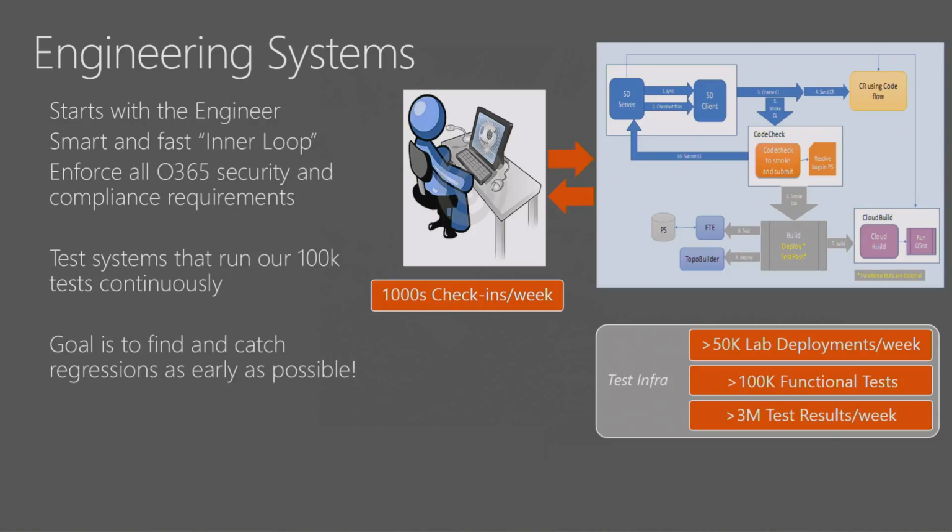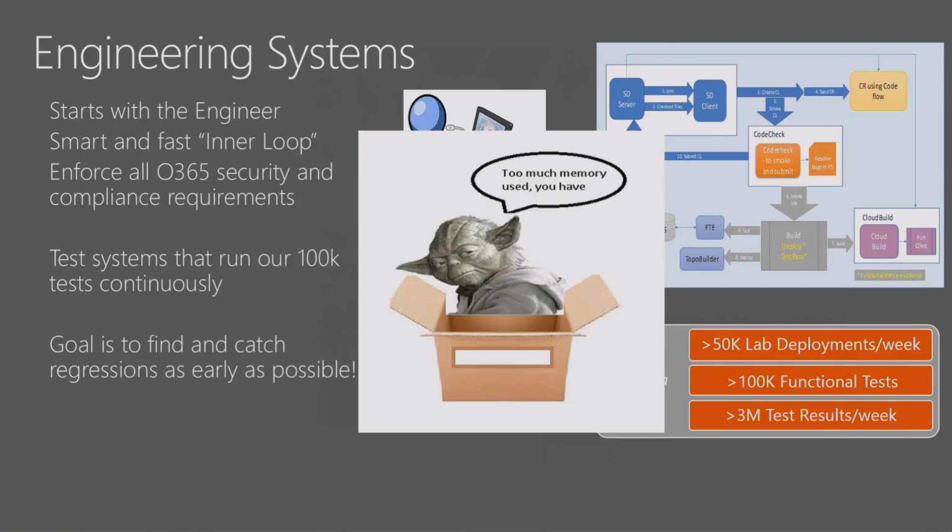In addition, we also have a set of loosely connected systems that we refer to as the engineering system. One of them is responsible for running the hundreds of thousands of tests pretty much all the time on the code before it even gets to production. So every time we see a regression, we look for gaps in our tests and we fill them. One of the running jokes we have is we often tell engineers, Yoda is helping you.